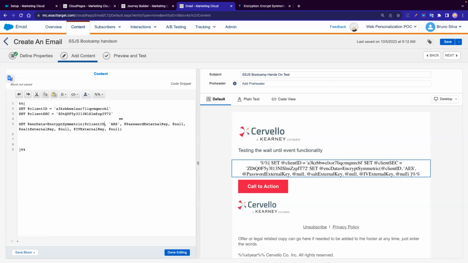And then in your set, you could do encrypt ENC data, and then you could just do like a client as part of that, because we're going to have a different value for each one of those. Yep. Perfect. And then let's do the same thing, copy that same syntax, and we'll do the same thing for the,